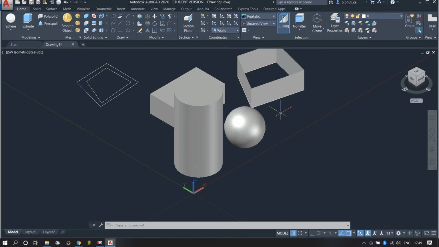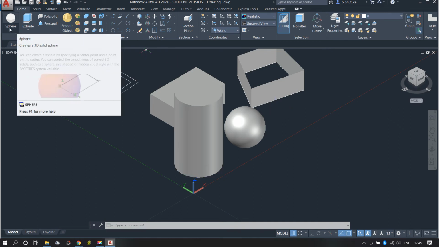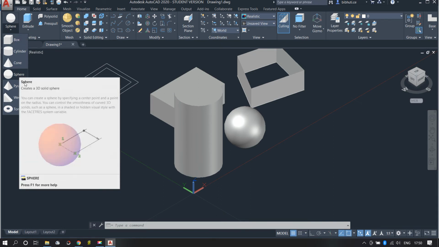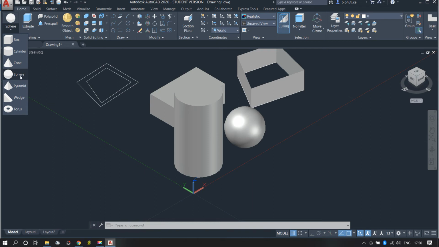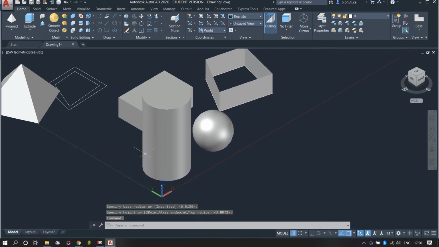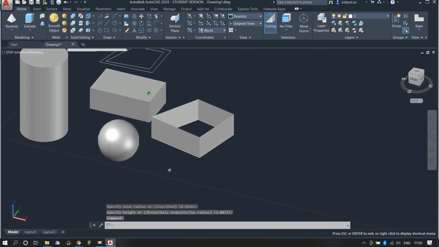Okay, but of course if you want it to be a solid one, then you have to go for this sphere. Okay, because you see the name, it creates a 3D solid sphere. Similarly, pyramid and all these things can be drawn here. Okay, so those things are okay, but